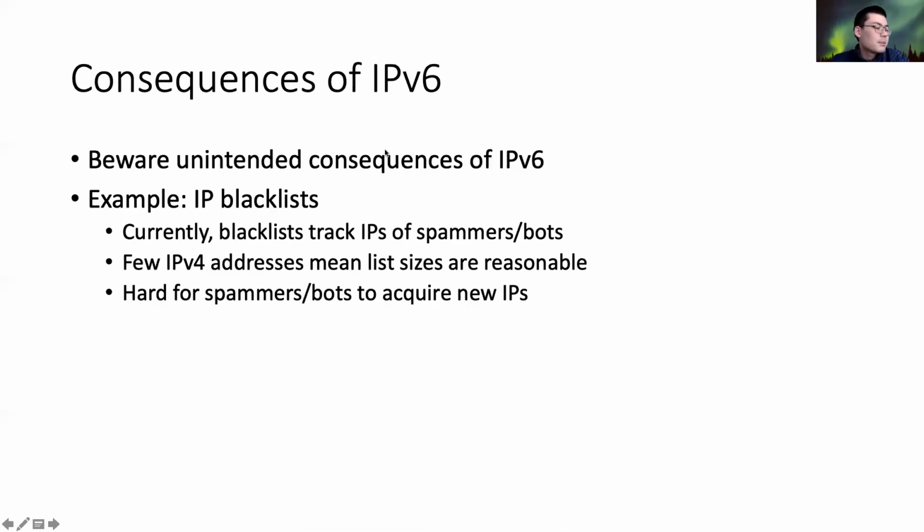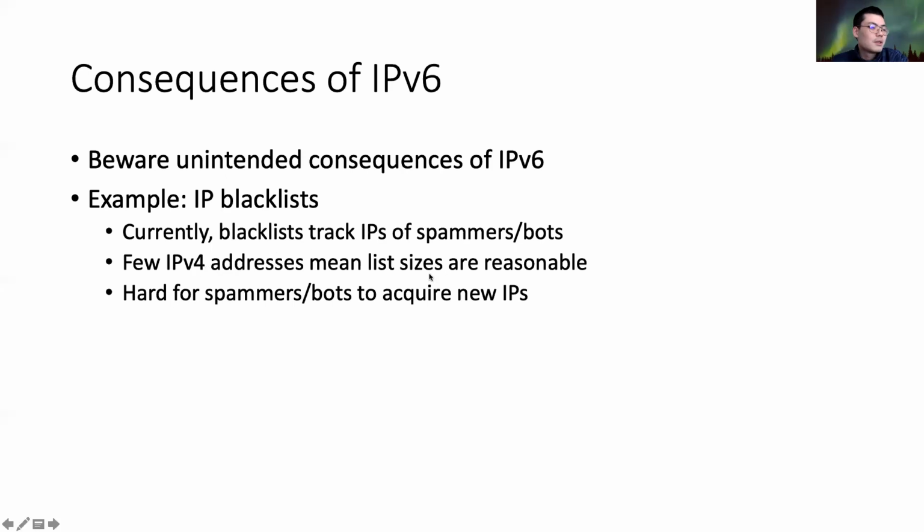And the consequence of IPv6 is that some technology is no longer practical, right? Previously, you could have an IP blacklist, which means these are malicious IP addresses. If your destination ever goes to these addresses, let's say your browser gives you a warning, like a red web page, saying this is not secure, etc. But now it's not practical because